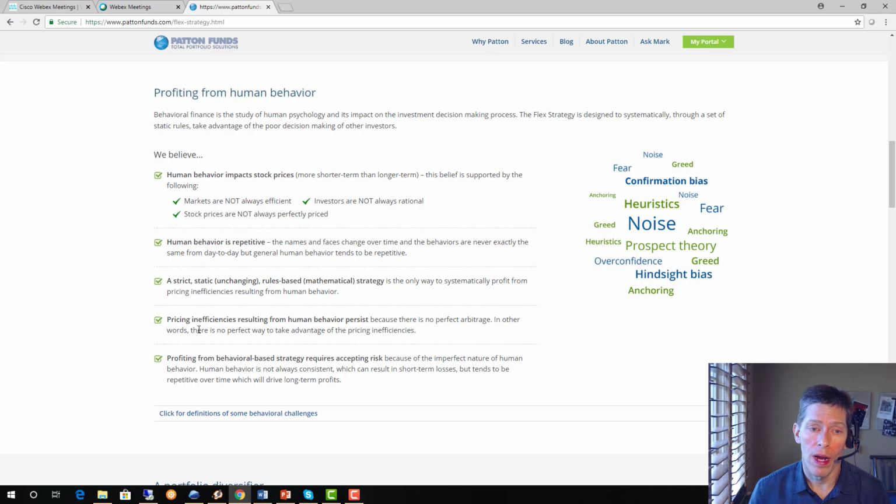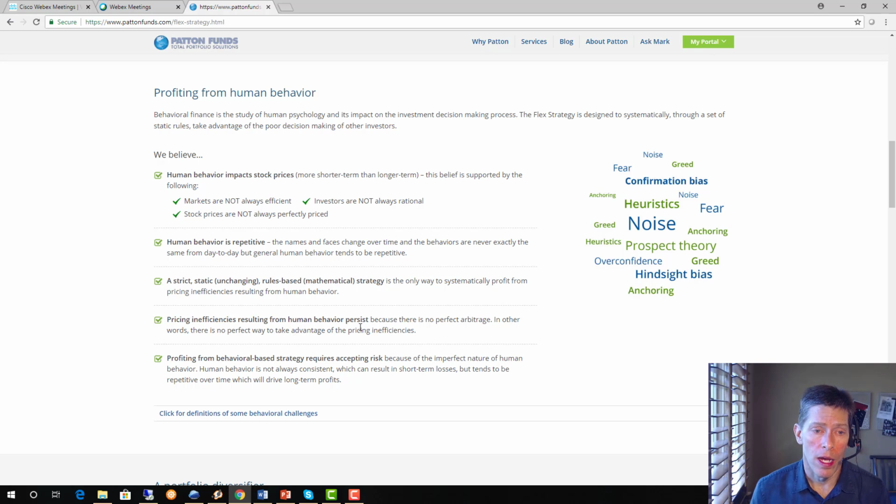We do believe that there are pricing inefficiencies resulting from this human behavior, and we believe these pricing inefficiencies will persist because there's no perfect way to remove them from the marketplace, because human behavior is not exactly the same all the time. You can't systematically remove that inefficiency from the marketplace. That gives us a perpetual opportunity, we believe, to take advantage of these inefficiencies to profit